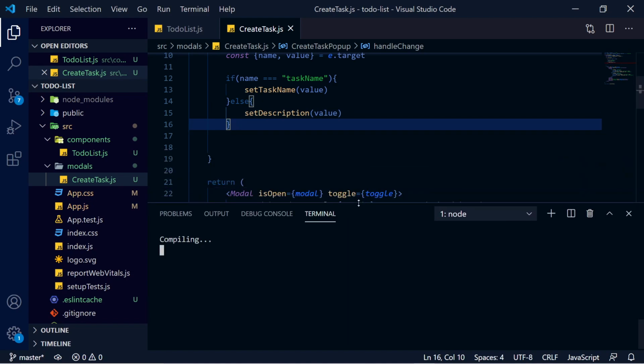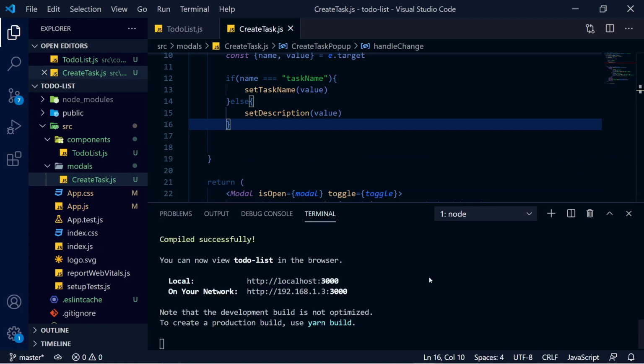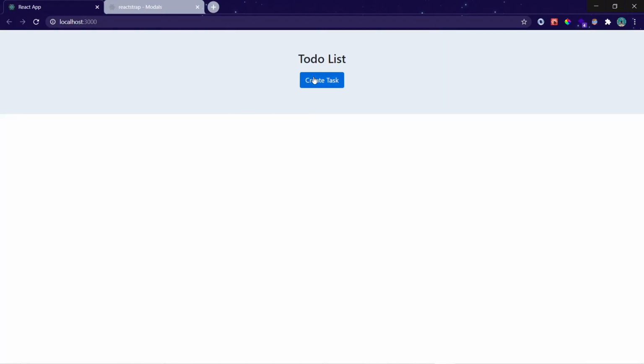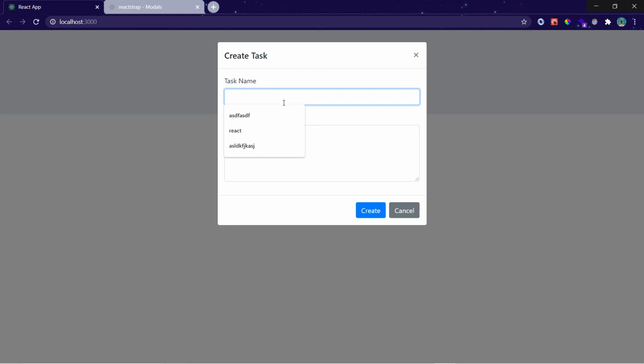It's taking too much time to compile. I don't know why it is happening. It's very strange. Okay, now wait a second. Okay, so when you click on it, now as you can see, I'm able to type here. I'm able to type something here and you're able to see it